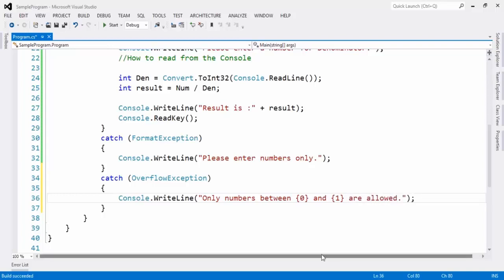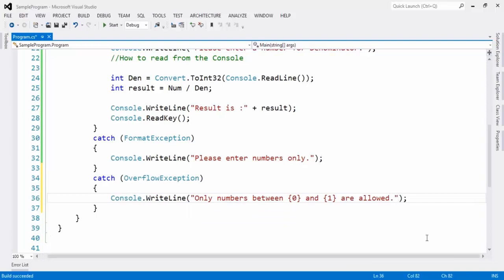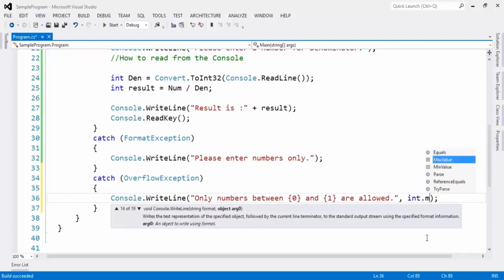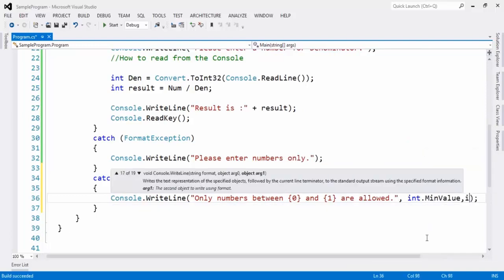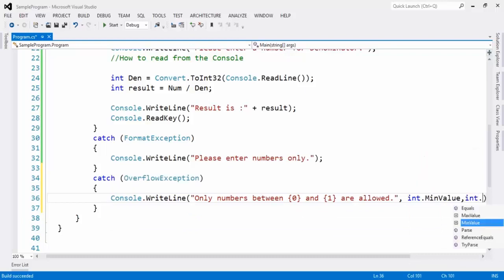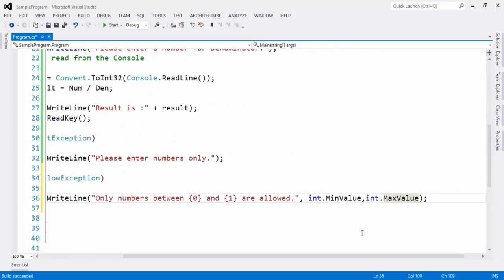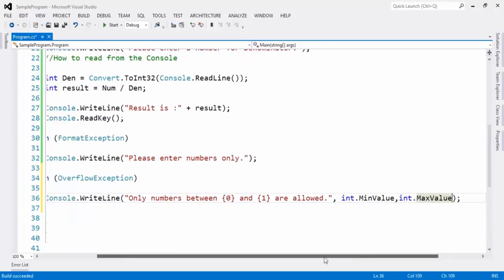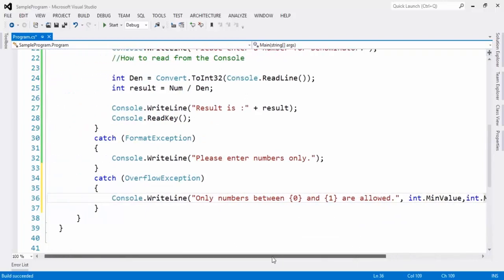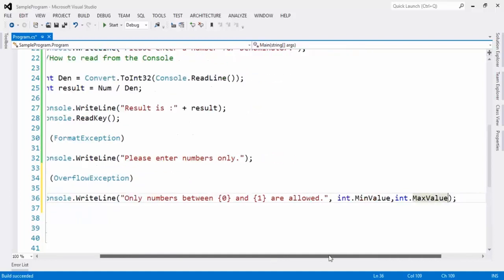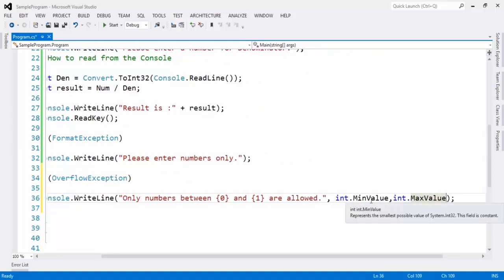And then which numbers those are. Here let me mention int dot min value, comma, int dot max value. So what will happen is, if you enter a big number, it won't allow you, or if you enter less than this number, it won't allow you.